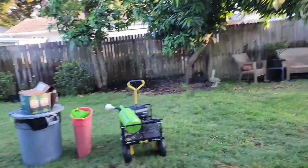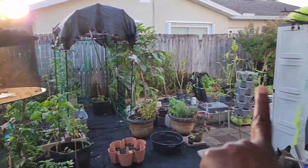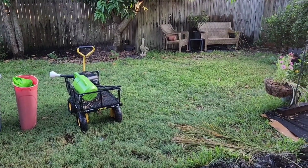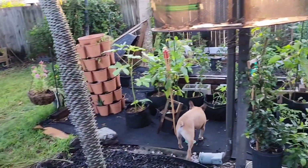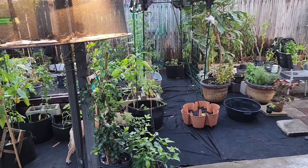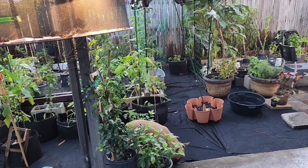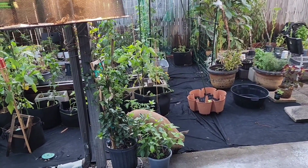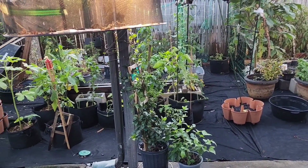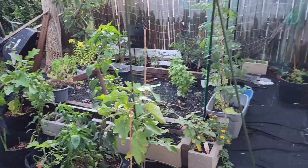Back to my mama. So my mama lived with me for 11 years, and she had this whole area here lush with garden. And I would come out here in the grass and make sure we had beautiful grass, and I would lay out in the grass, and just never understood how important it was to grow your own food. And I must say, guys, I fought my mama, not fight, but I would be like, "All right, that's enough, mama. No more stuff, mama, no more stuff." Here I am to be fresh 50 next month, and look at my yard. If I am not in respect of my mama,